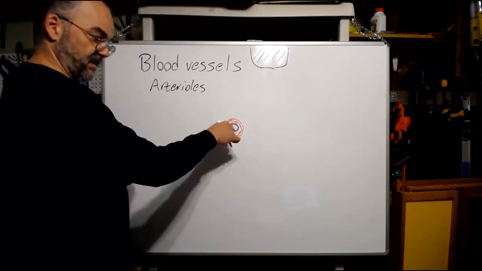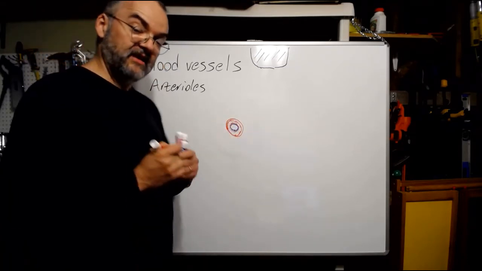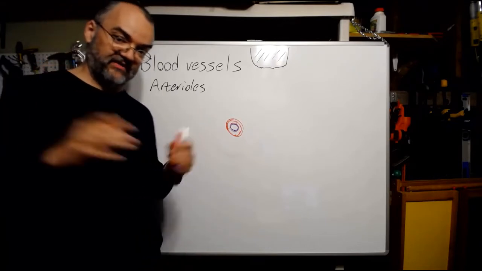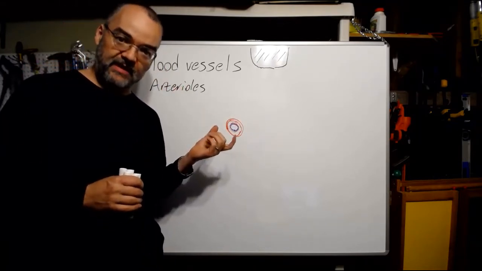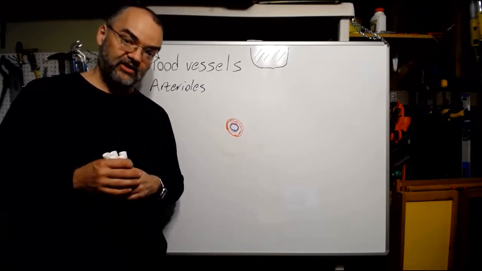So they've got the tunica intima and the media. They don't really have a tunica externa. They don't have that tough outer sheath. They have a decent amount of smooth muscle, and the main reason for that is that arterioles are about controlling